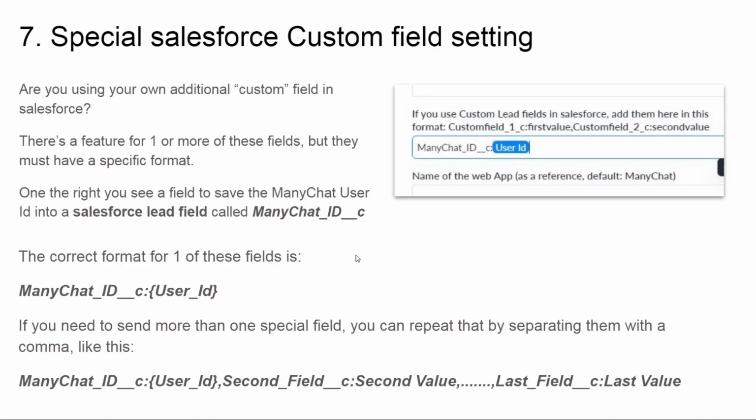I will show you that on the screen right here. The special Salesforce custom field setting. If you just have a look at this screen and study it before you create it, it's really simple. And you can actually have as many as you want, just separate them by commas. And if you follow the format right here, like